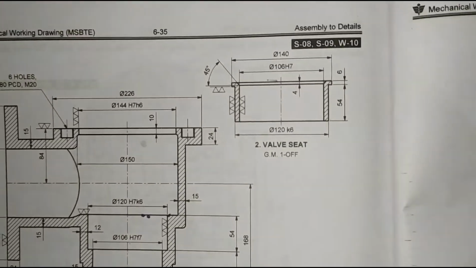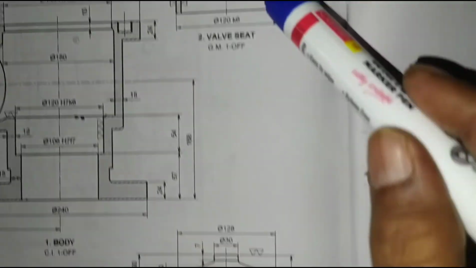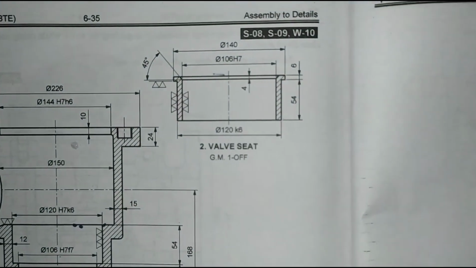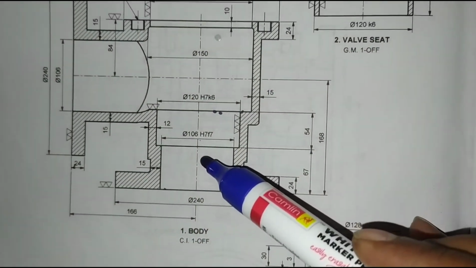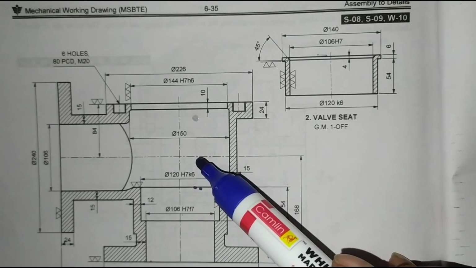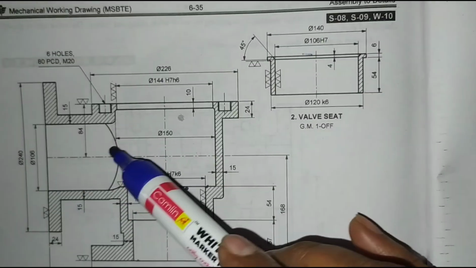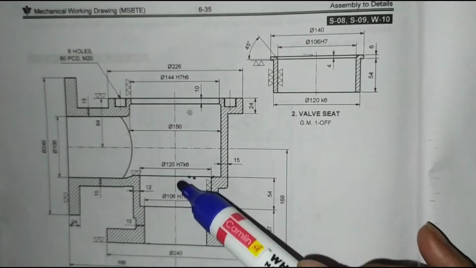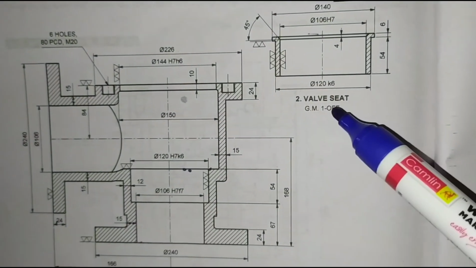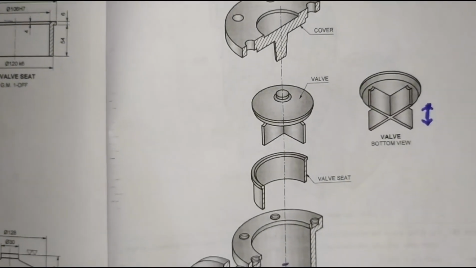This wall seat is fixed. In this wall seat, this wall is fitted. Now if the fluid enters from here, according to pressure, it will be lifted here and it will move in the right direction. If the pressure drops here, it will come from the top position to the bottom position and rest in the wall seat. This is the working.